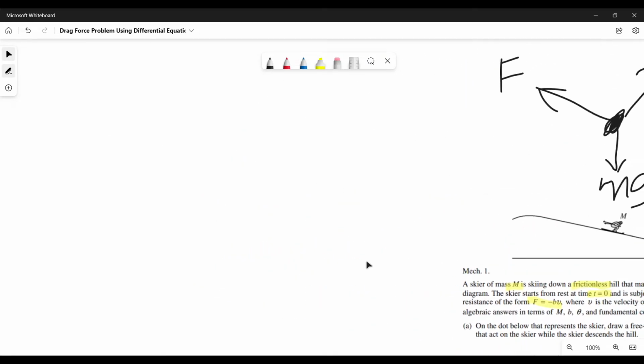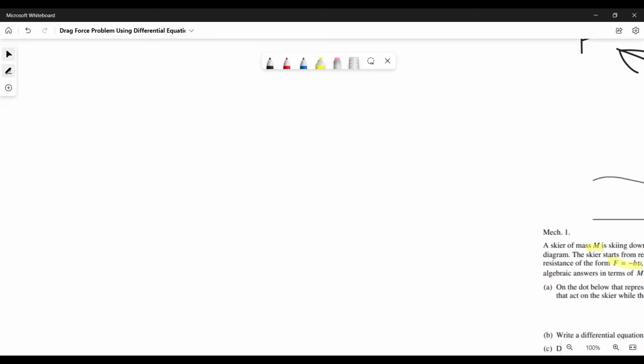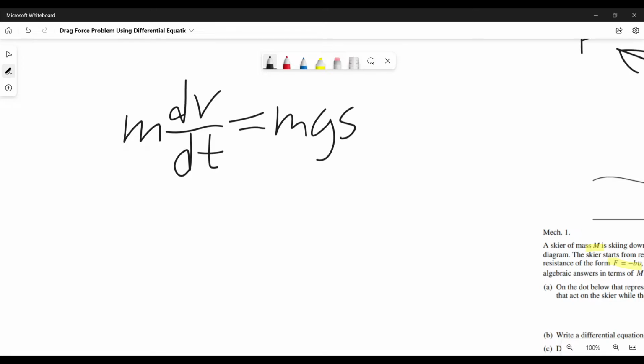All right. This is arguably the hardest part of this problem, but don't worry, if you have some integration knowledge, it will be fine for you. First, let's take a look at our differential equation, but we're not going to go to the most simplified form, because that is not really the best form to separate our variables. So we're going to go back to ma equals m dv/dt equals mg sine theta minus bv. Now notice here that we have mg sine theta and negative bv. We can divide by m on both sides again, so we can get dv/dt